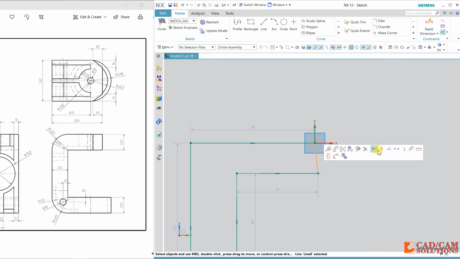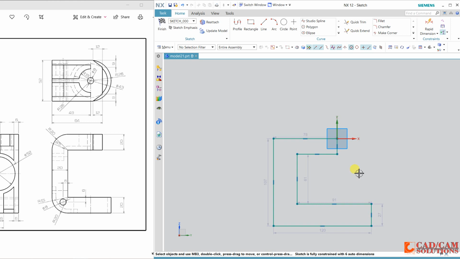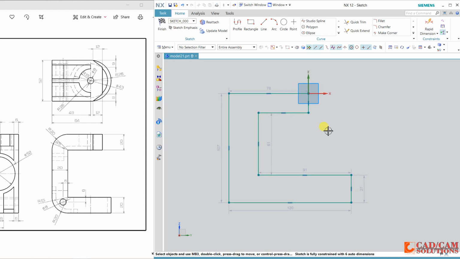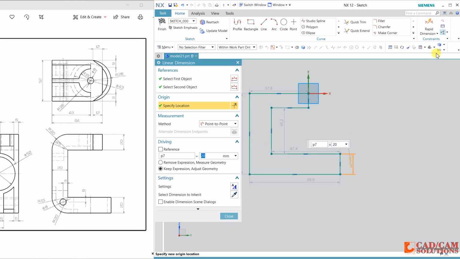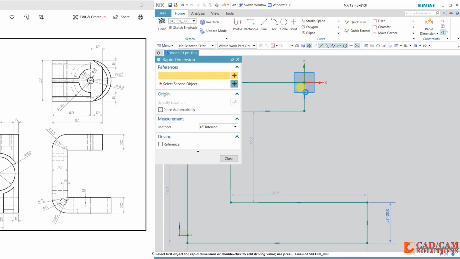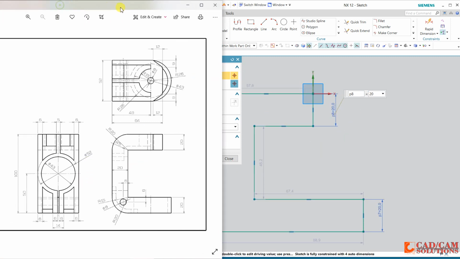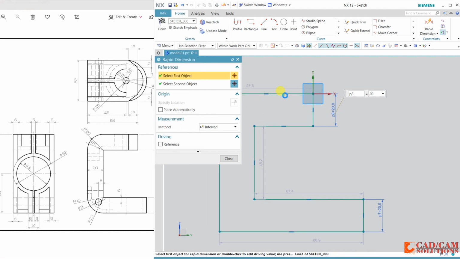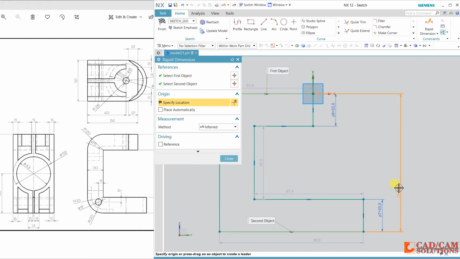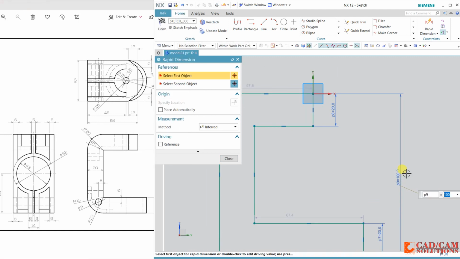I want to make this line vertical. Now define dimensions. So this is 20. Again this upper line is 20 and total is 100. 100 is from upper line to this bottom line.